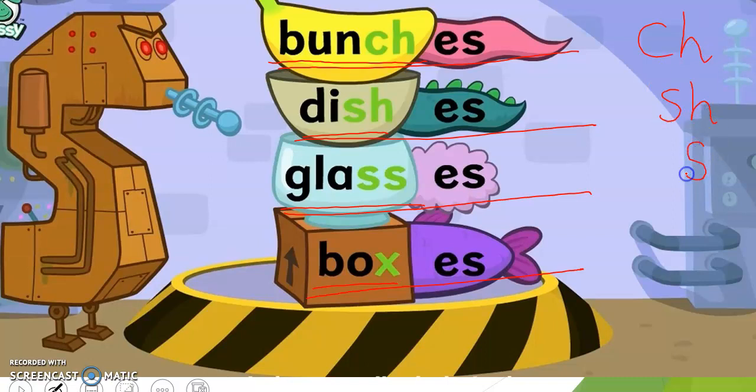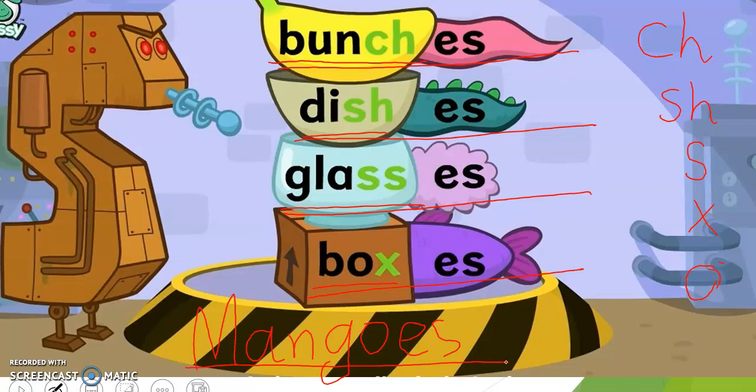You'll be thinking, teacher has told us about the words with ch, sh, s, x. What about o? Now I will give you one example and you will love it. The word which is ending at o is mango. I know you all love mango and I love mangoes. Now how will we tell that I have more mangoes? We will be adding es. This is how you will make plurals for the words ending at ch, sh, s, x, o.